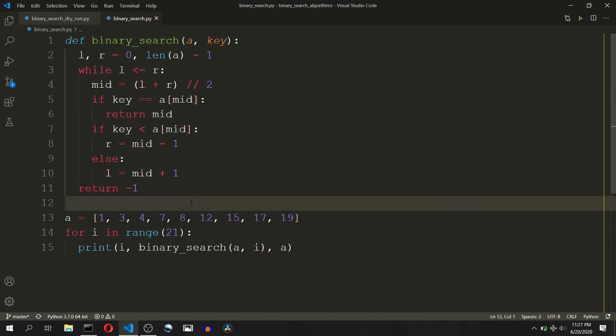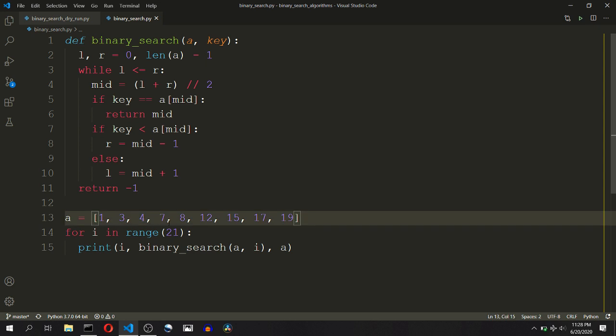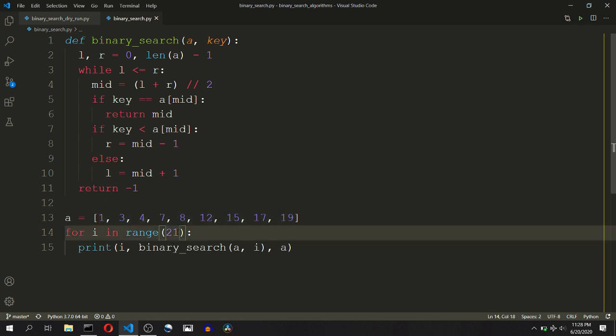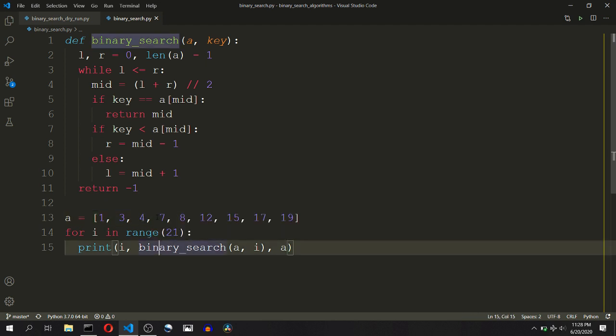Now, as I told you in the intro, you might wonder how understanding this algorithm will make you learn hundreds of other algorithms. Will the code not change? Yes, definitely the code will change, but the fundamental structure of the binary search algorithm will remain the same. Let's demonstrate this by writing the code for finding the closest element to a key in a sorted array. For example, the input is 6. If the value 6 is present in this array, we will return 6. But in this array 6 is not present, so the closest value is 7. So our answer should be 7 over here.